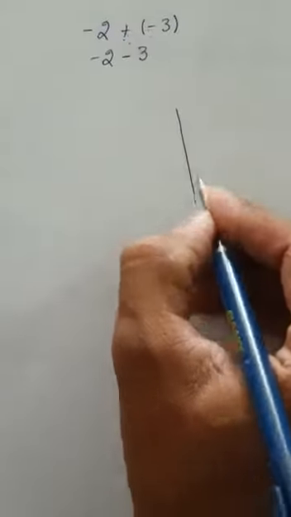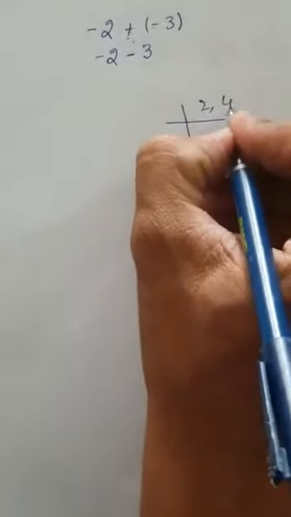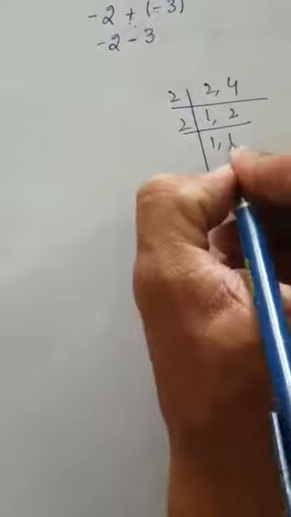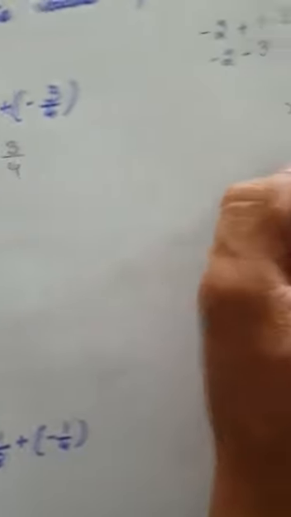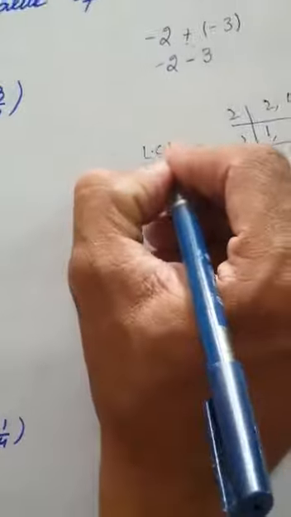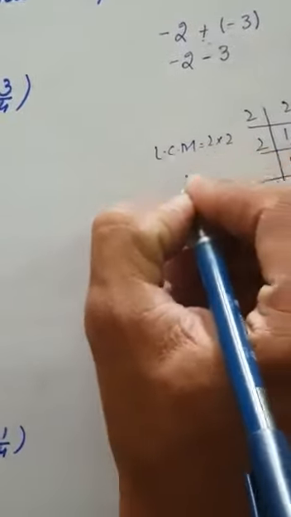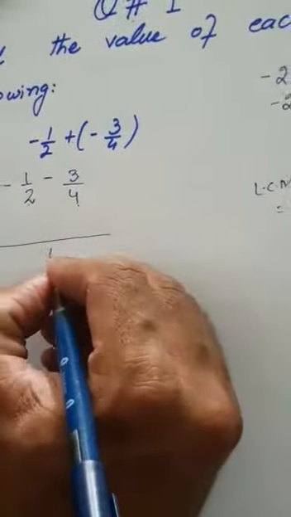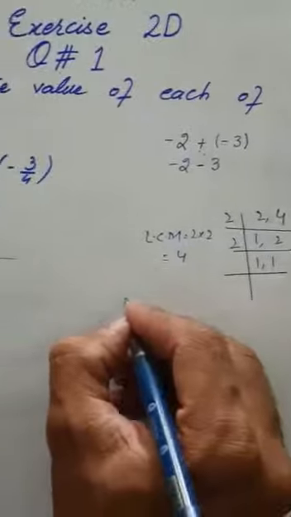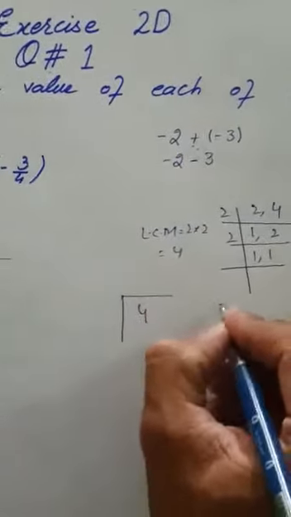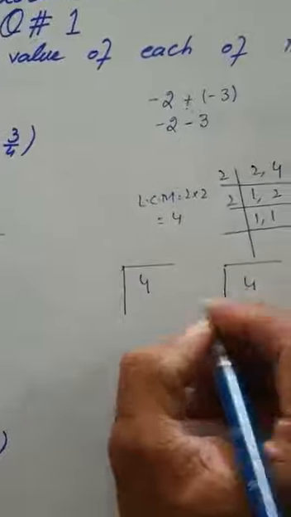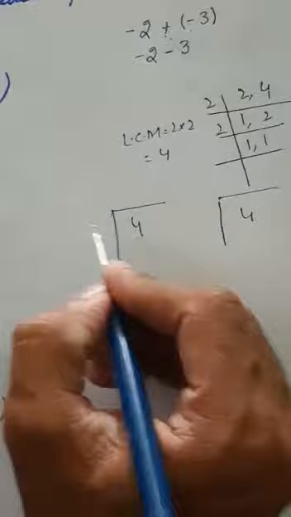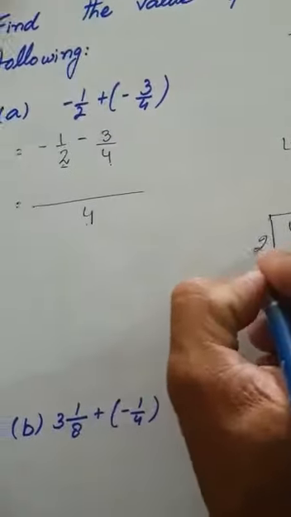So in our rough work we will find the LCM of 2 and 4. 2 ones are 2 and 2 twos are 4, again 2 ones are 2, 2 ones are 2. Okay, so that means its LCM will be 2 multiplied by 2, which is equal to 4. So we will place the line here, and 4 is our LCM. After this we will solve it by the division symbol. Our dividend will be this 4, that is our LCM, and with the first division our divisor will be 2. 2 twos are 4.